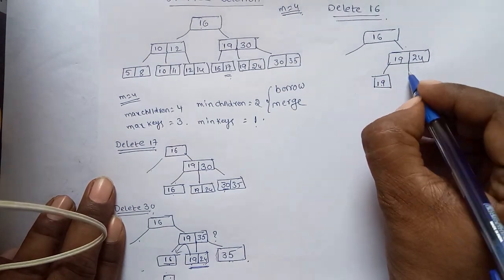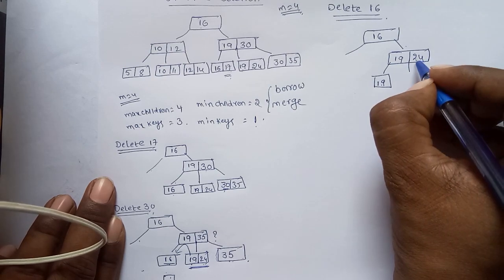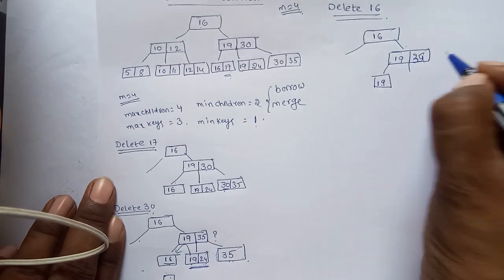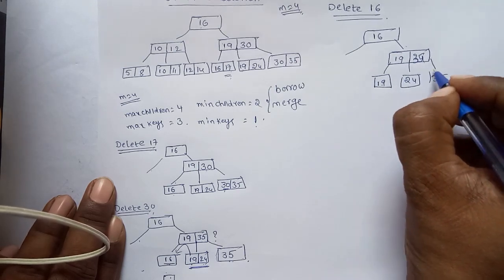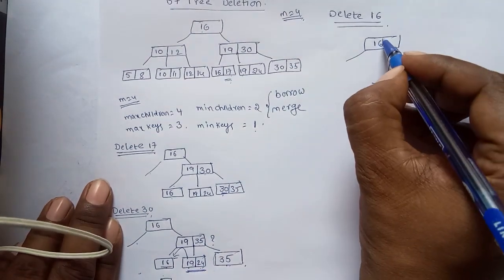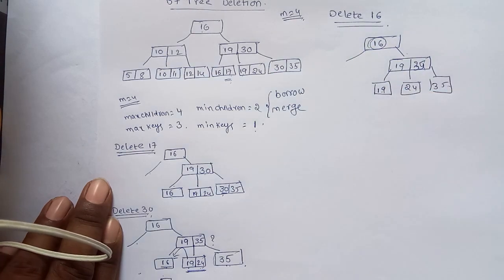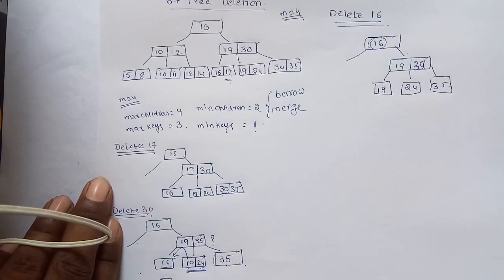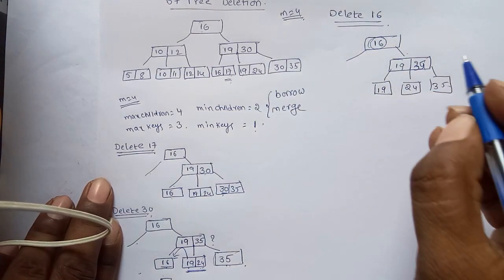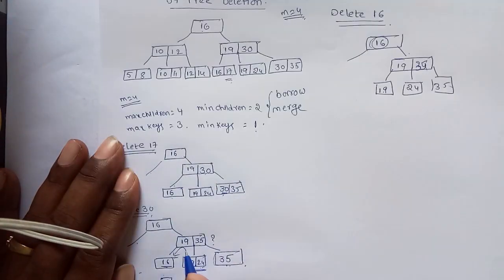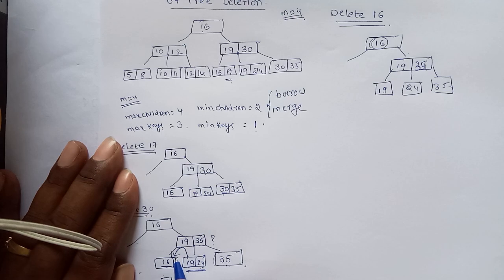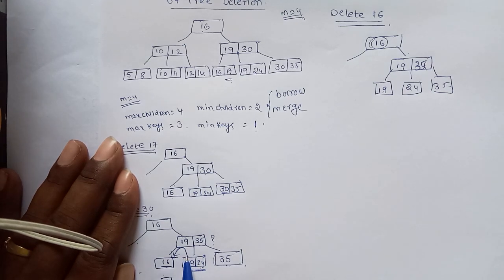19 is moved to this position. Sorry, this is 19, 24, 35. But we have to remove this 16 also. Whenever we are moving this 19 to this position, remember, if we are taking a borrow from